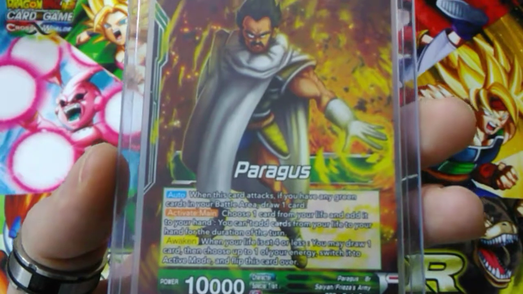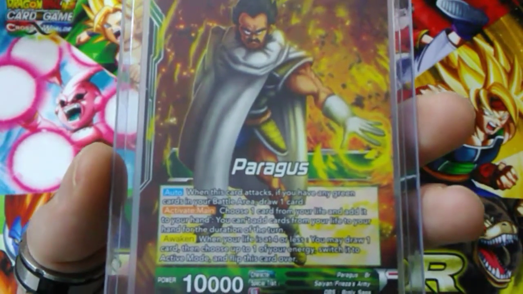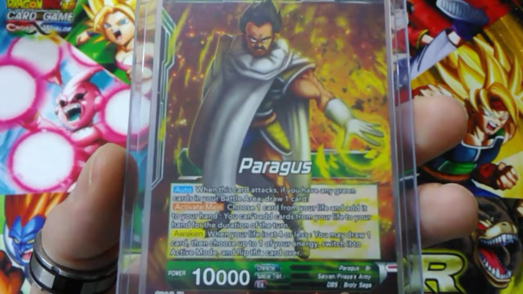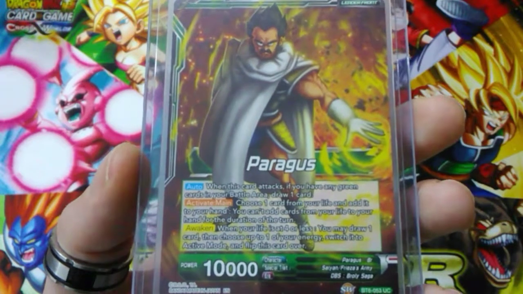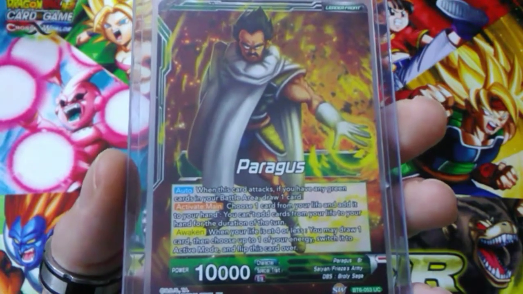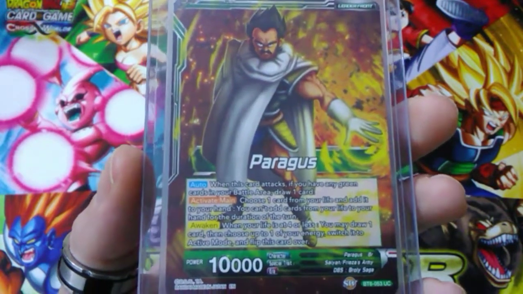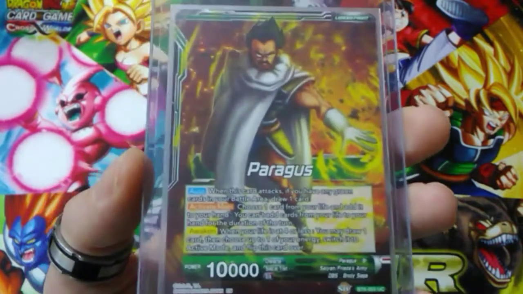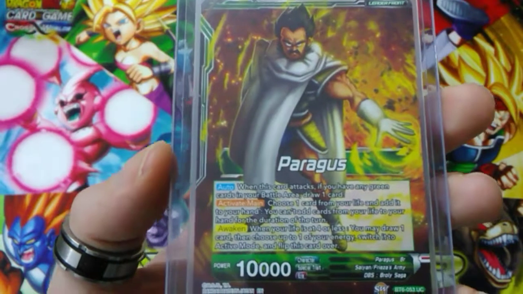So we've got Paragus, and when this card attacks, if you have any green cards in your battle area, you can draw one card, and it's got an activate main of choose one card from your life and add it to your hand. Then you can't add cards from your life to your hand for the duration of the turn. That sounds like a bad thing, but actually it is quite an advantage when it comes to using this